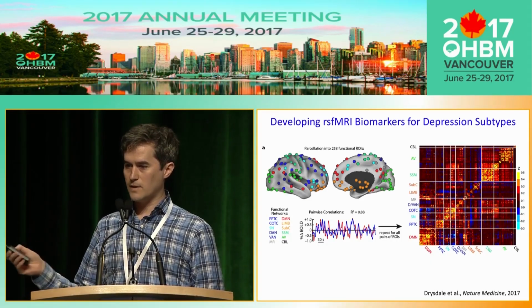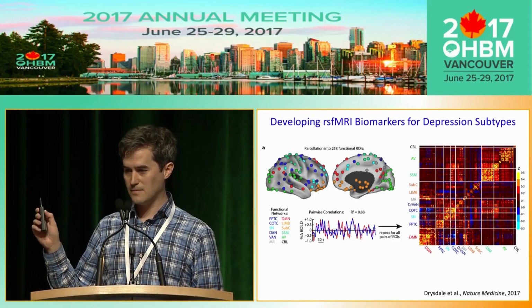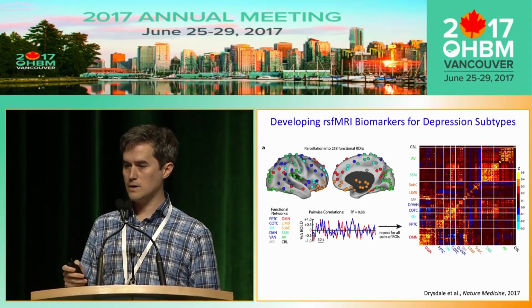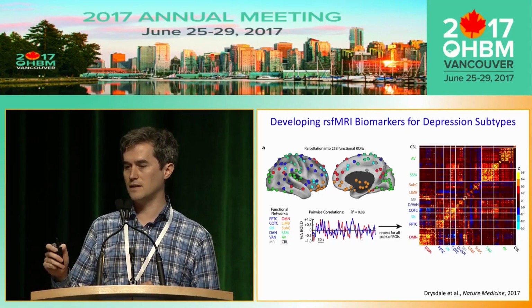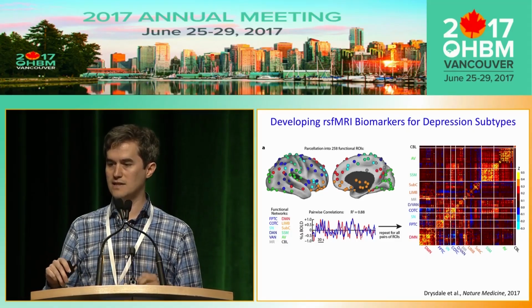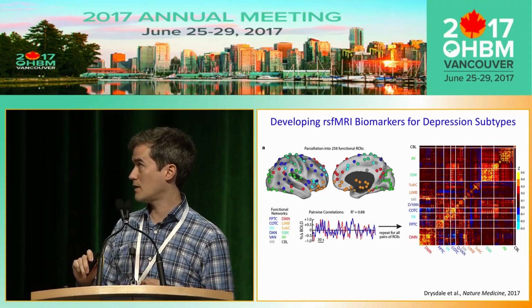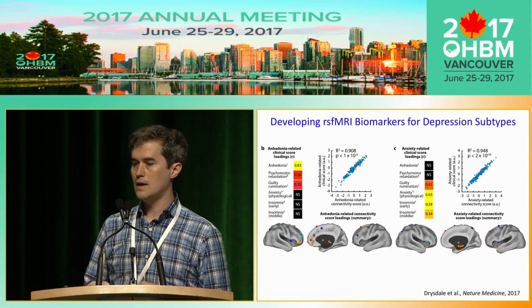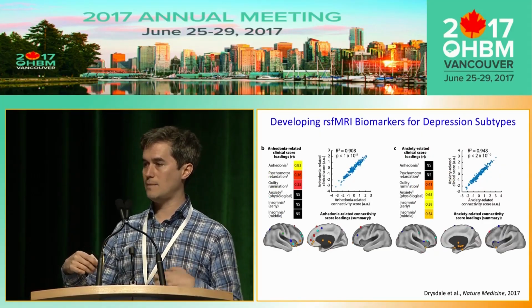I'm going to skip over this because it's probably familiar to most of the people in this room. We tested different methods for parcellation. The results I'm going to describe today used Jonathan Power and Steve Peterson's functional parcellation of the brain into actually 277 functional ROIs, 258 of which had strong signal coverage across all the sites in our discovery sample. And we used canonical correlation analysis for dimensionality reduction.